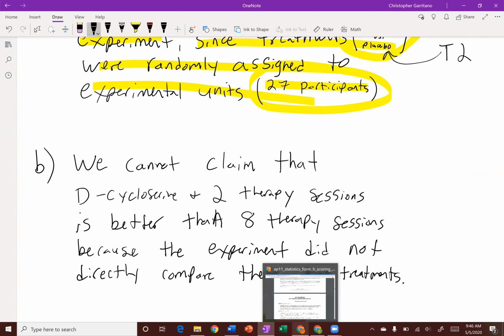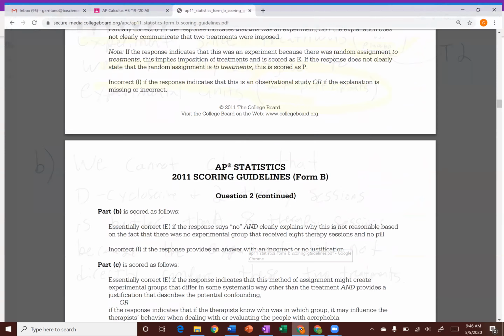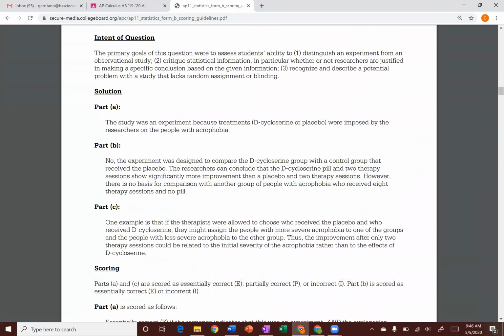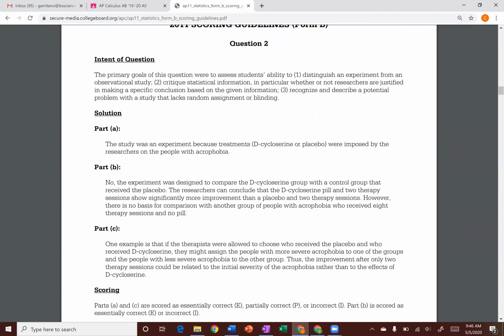And let's look at what the scoring guideline actually says. So one thing that came up a lot about this question was, wow, there are some very detailed answers to parts, especially parts B and C. Do we have to be that detailed? And this also was the case for the document problem 12, very detailed responses. In short, no, you don't have to be as detailed as these replies.